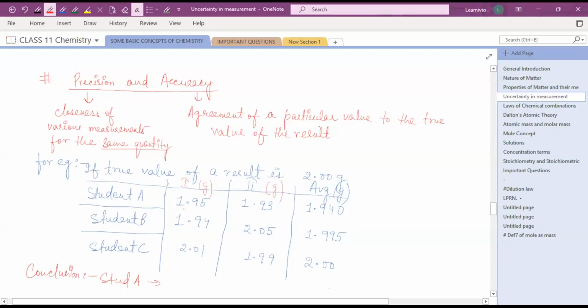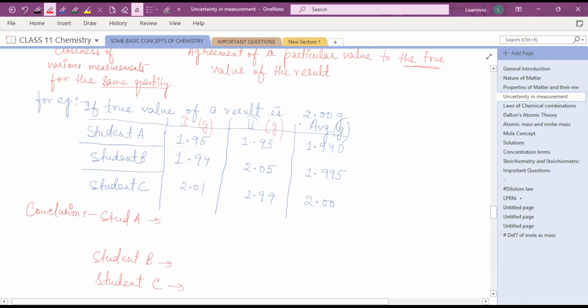But what is accuracy? Accuracy is the agreement of a particular value to the true value, exactly similar to the true value. If your result is equal to the true value, that's the accuracy of your result. Right, so that's precision and accuracy. For example,